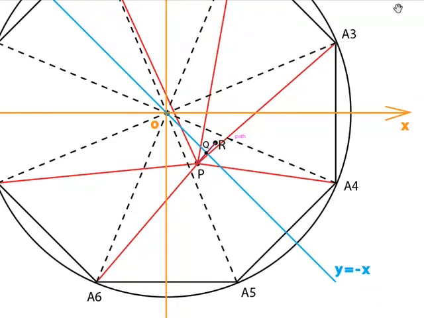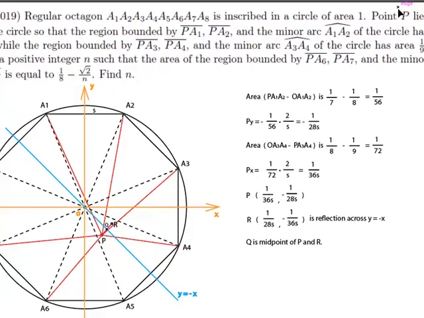So as we can see, the coordinates of the point R are 1/28s, comma negative 1/36s, and Q is the midpoint of PR. So the length of PQ is just the length of PR over 2,